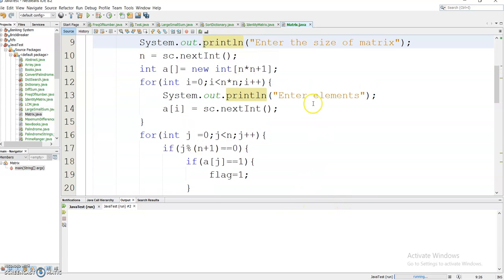Suppose the user enters an array as 1 0 0, and again 0 1 0, and again 0 0 1. Then it will be an identity matrix, because you can see that the elements at the diagonal are 1 and elsewhere the elements are 0. So how am I checking whether it is an identity matrix or not? I am using this condition, j modulus n plus 1. Suppose the user enters n as 3, then